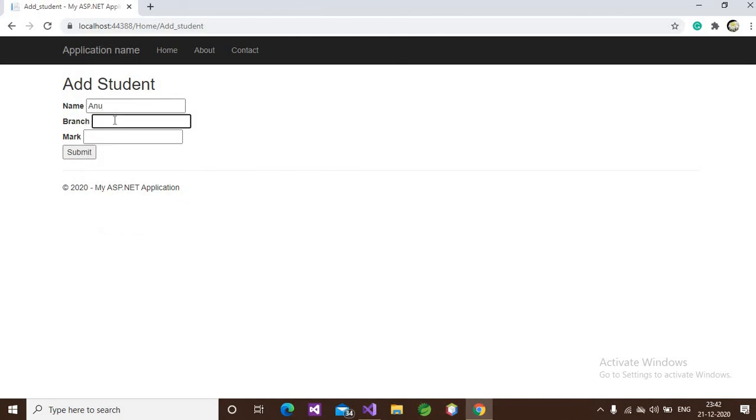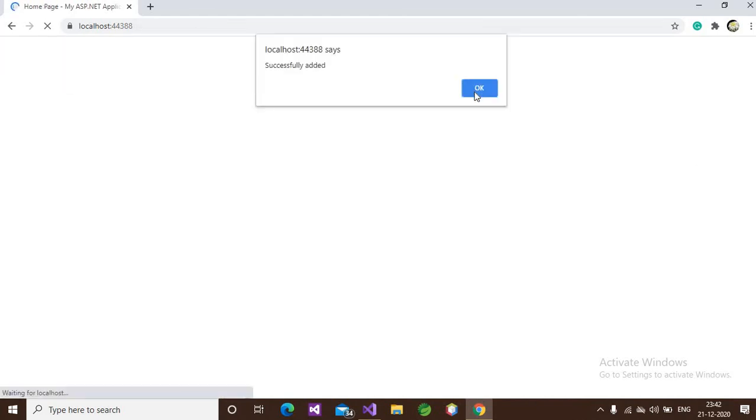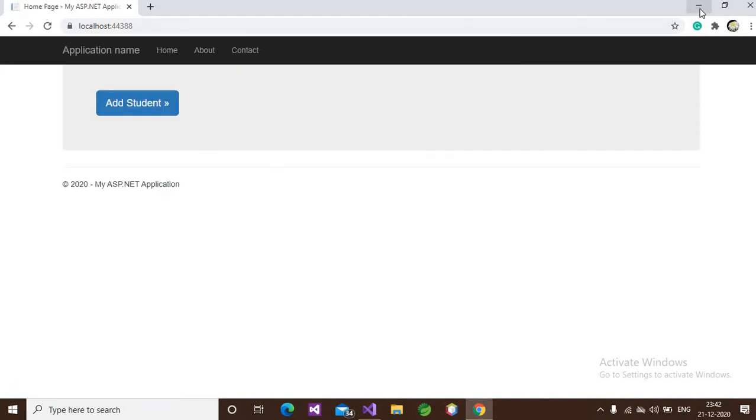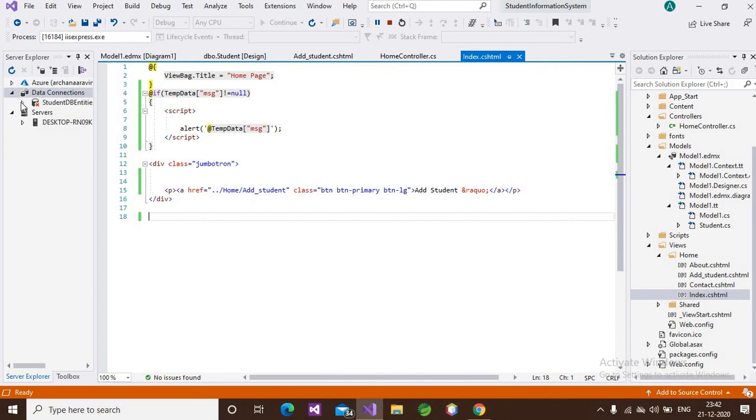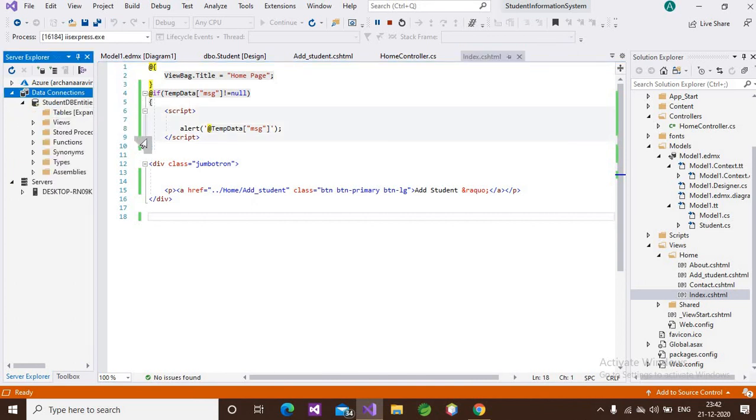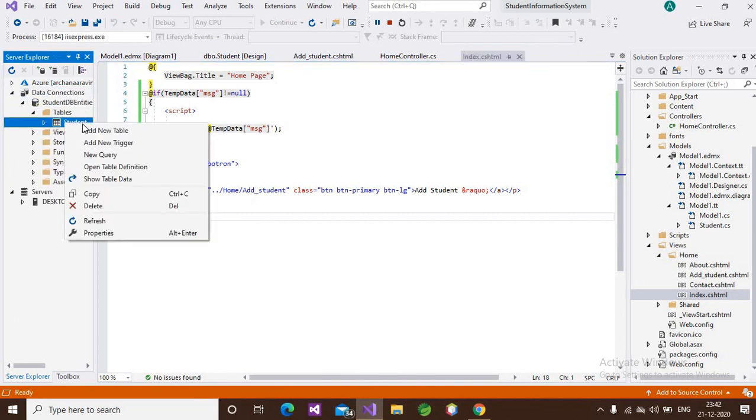Give a name, branch B, mark 85. Click on submit. Successfully added. Okay. Now we can check our database. Click on tables. Right click on student table.